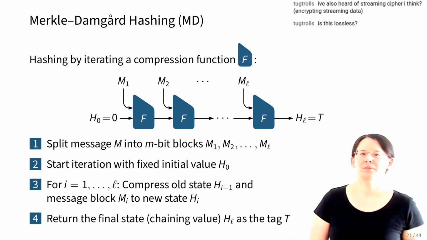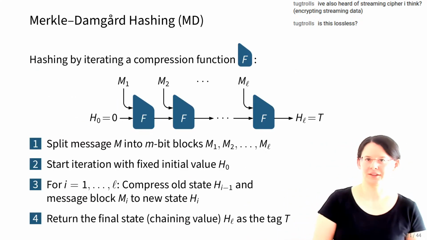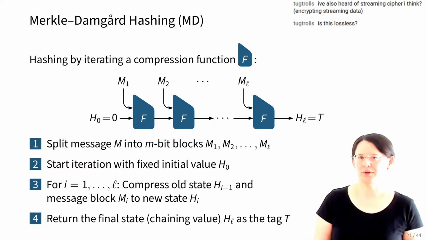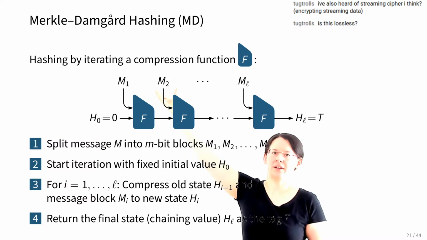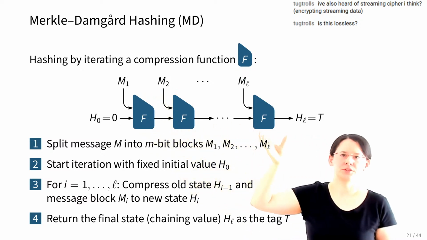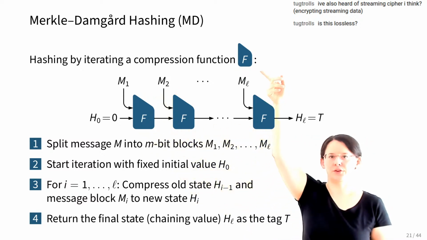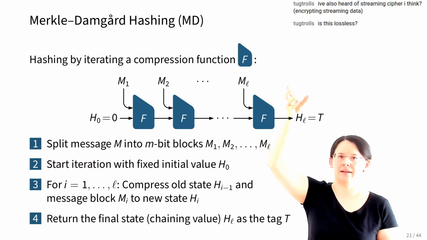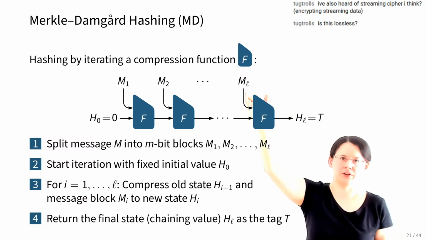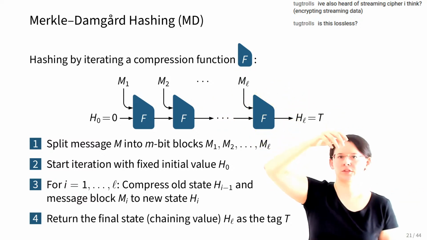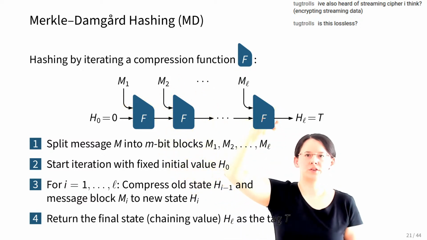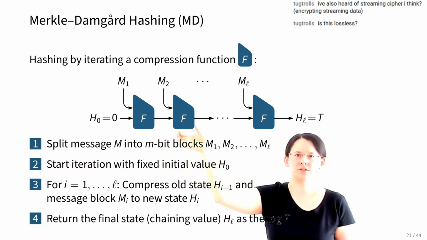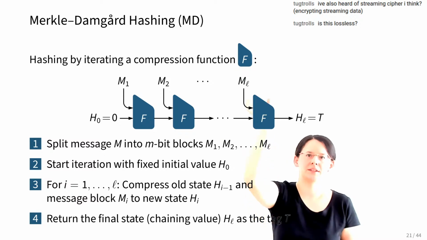Okay, so how do we use a compression function to hash something? It's actually pretty straightforward. We simply use this building block to successively process the blocks of our message. So we take the original input message m, which can have any number of blocks, so it can be very long. We chop it into blocks of the right size, and we absorb them one by one with our compression functions. So the number of compression function calls is the same as the number of message blocks